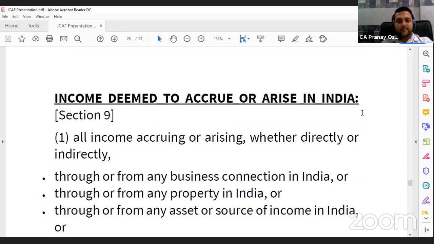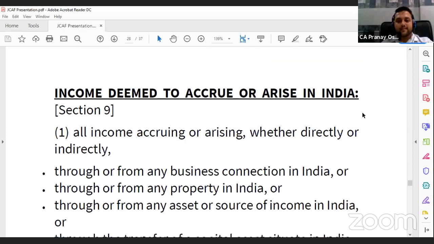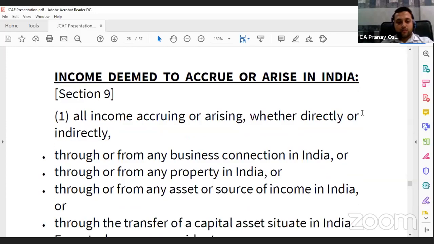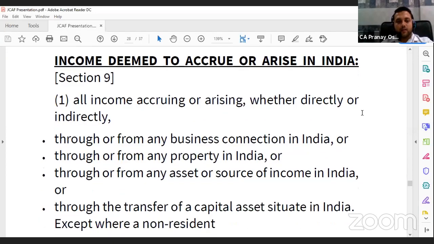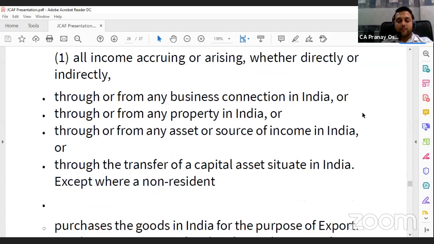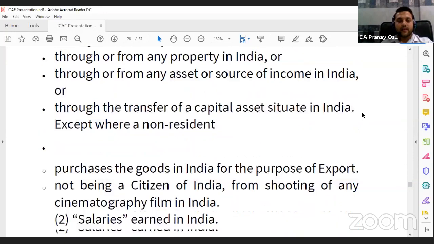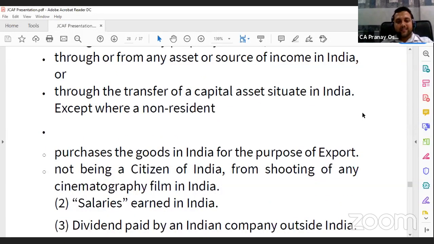Income deemed to accrue or arise in India, Section 9. All income accruing or arising, whether directly or indirectly, through or from any business connection in India, or through or from any property in India, or through or from any asset or source of income in India, or through the transfer of a capital asset situated in India, except where he's a non-resident, or purchases the goods in India for